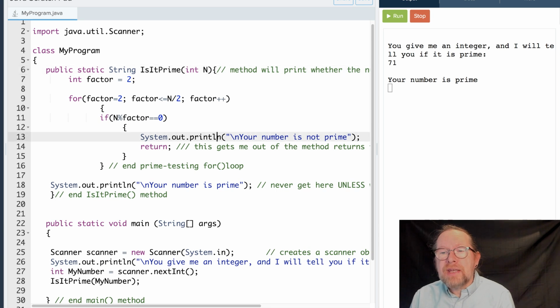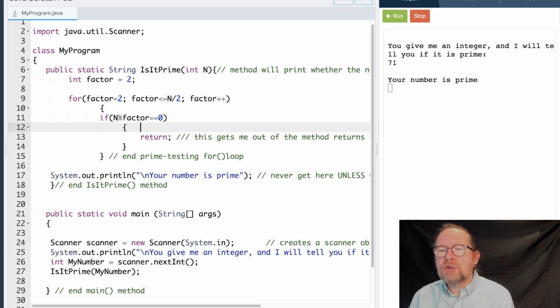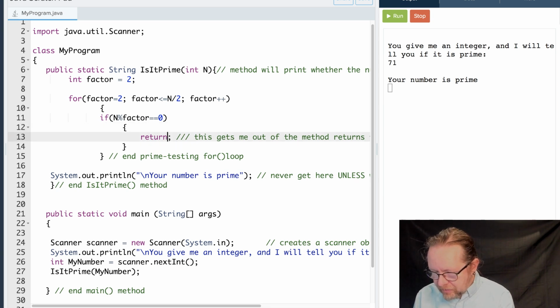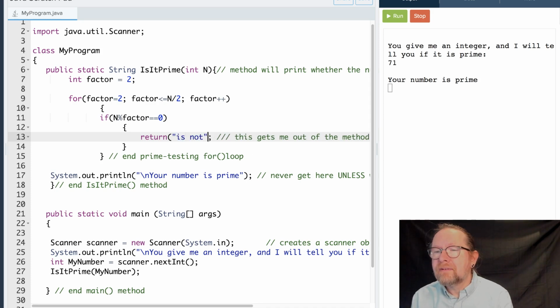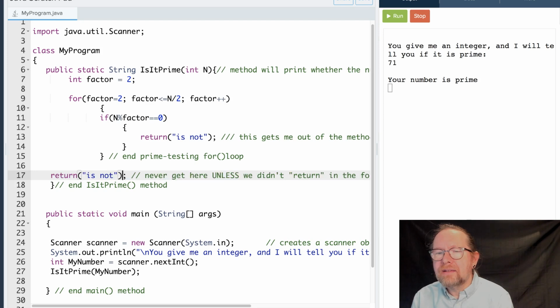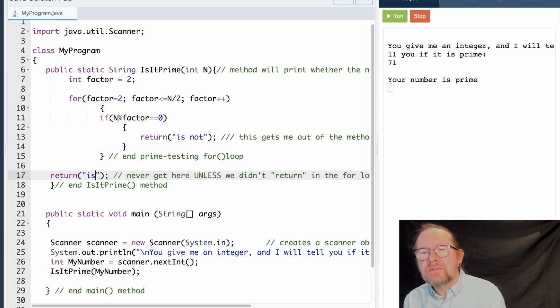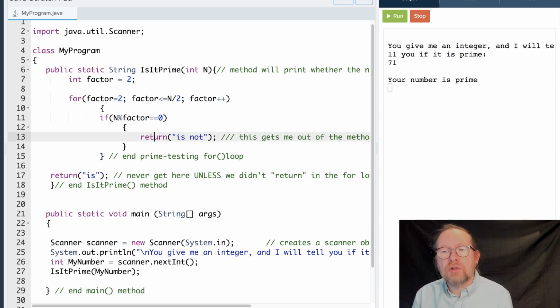Nothing is going to change except for this. Instead of printing, when I find a factor, I'm going to return the string is not. And if I get to the end without finding a factor, I'm going to return the string is. So it will only get here if it didn't return inside the loop where I'm looking for factors. If I find a factor, I return the words is not. If I don't find a factor, I get to the end and I haven't found one yet, I just return